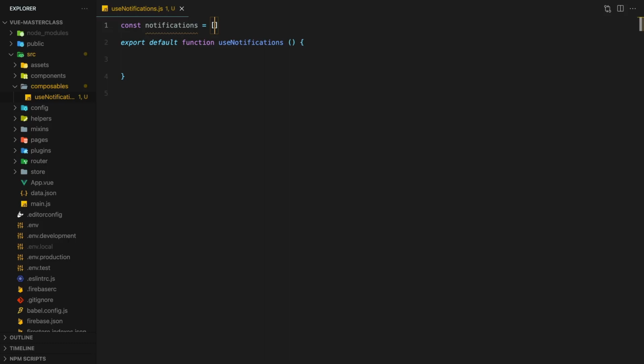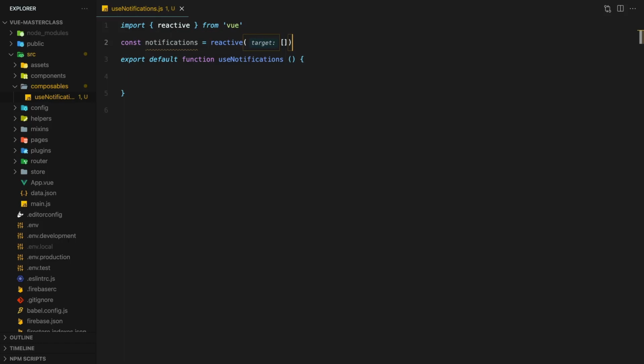We also need to make the notifications reactive. We can do that by importing the reactive function from Vue, and then calling it on the notifications. Without this, the notifications would be stuck in their initial state, and the UI wouldn't update as notifications were added or removed from the array.